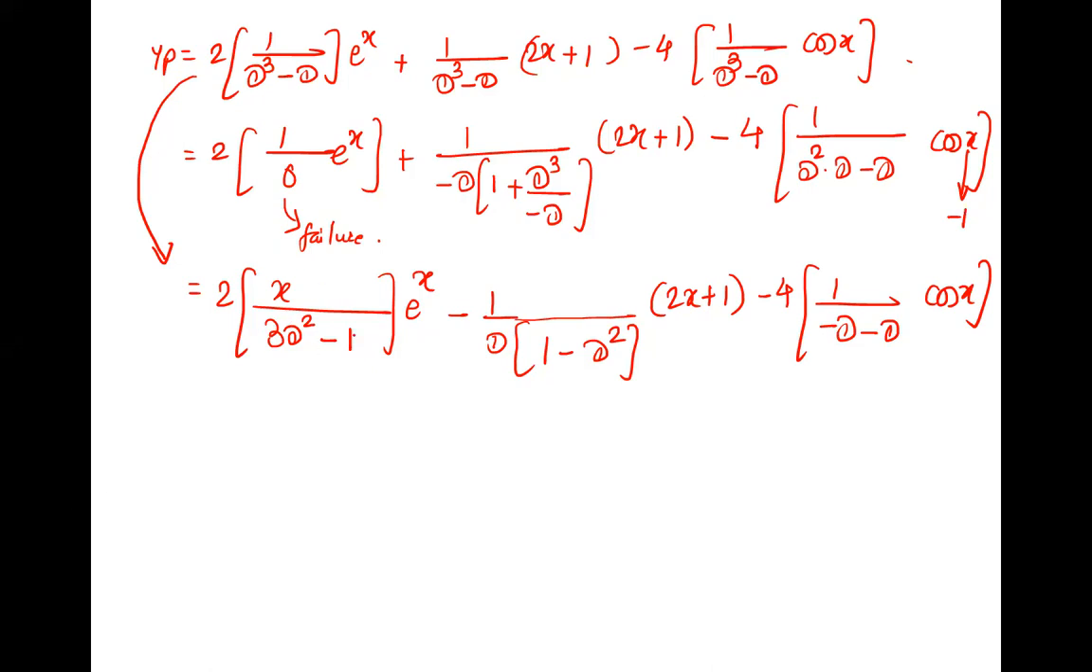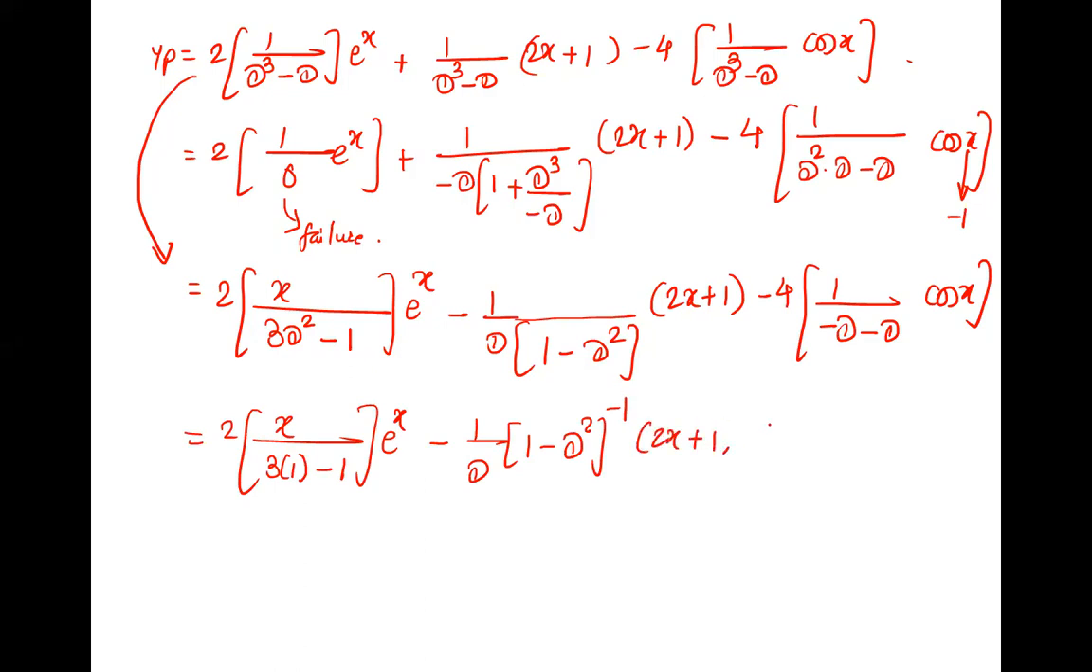Okay, so this is again E's case. So we have to again replace d by 1 here. So x upon 3 into 1 square, 1 minus 1 into e raised to x minus 1 upon d. What about this? 1 minus d square inverse. Correct. It goes up with inverse on 2x plus 1 minus 4, and how much is it? Minus 2d